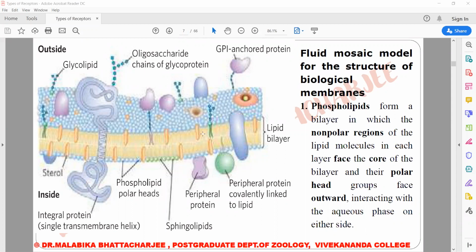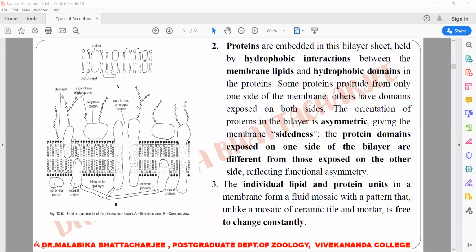As I said, the lipid bilayer is 3 nanometer thick. So this is the lipid bilayer. It is 3 nanometer thick. Moving into this portion, you can see this is the lipid bilayer. And the hydrocarbon core is made up of the fatty acyl groups, which are impermeable to polar solutes. The hydrophobic core is made up of fatty acids.